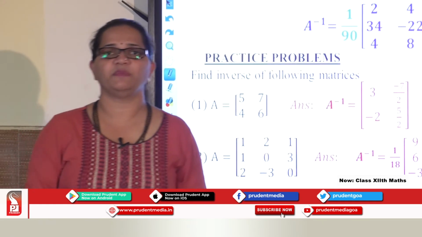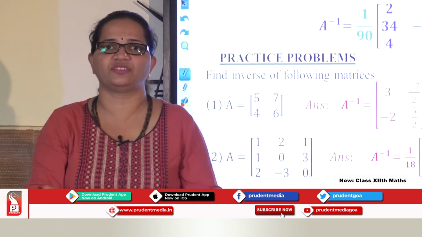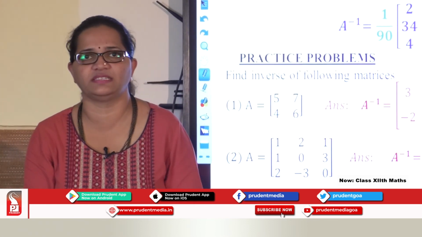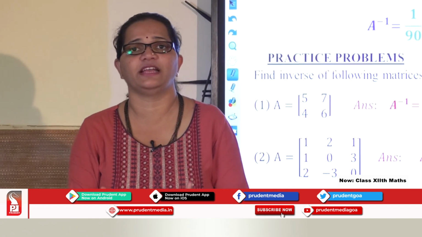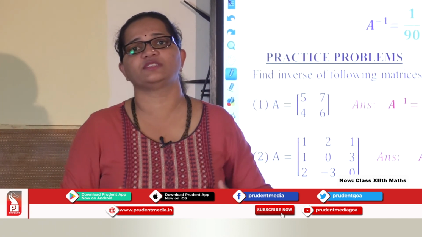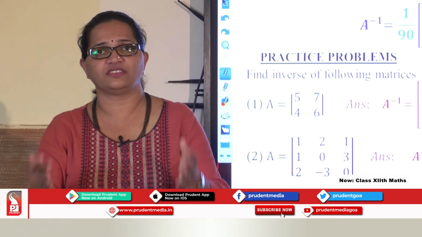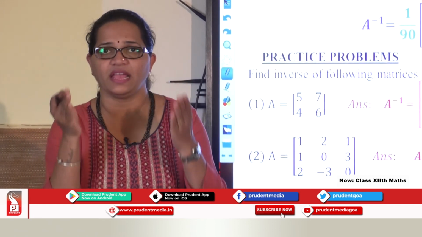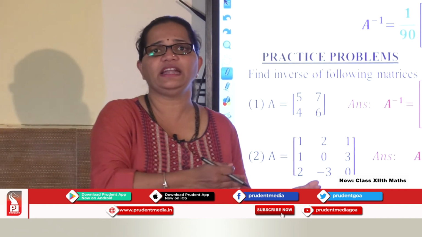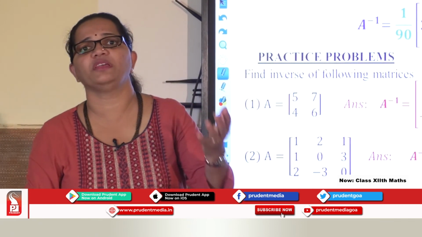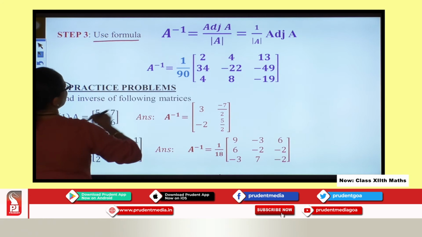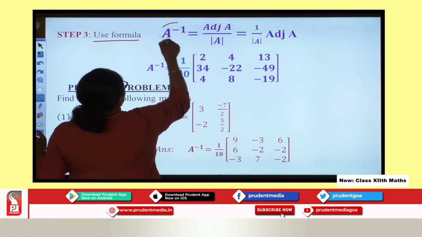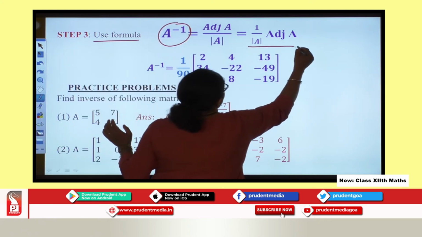Now after we get the adjoint, we go to our third step. The third step is to get the inverse, the actual step we are interested in. The previous two steps are just the necessary steps to get all the resources. We actually now require A inverse, so we find A inverse using our previous two steps. Here we use a formula. What is that formula? A inverse equals, you can see this here.